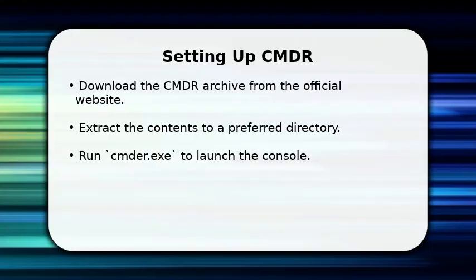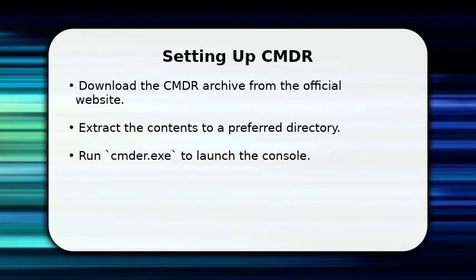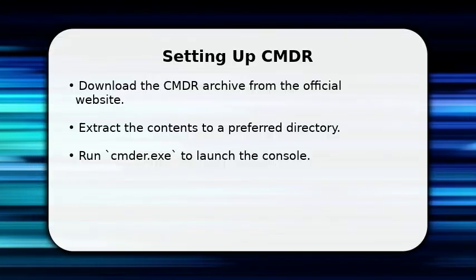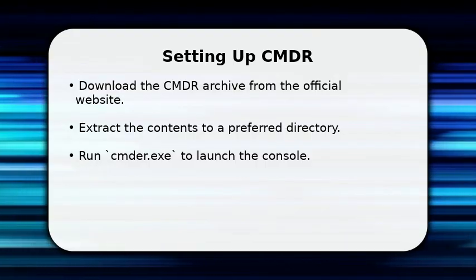Enjoy the video. In this video, I will explain how to set up CMDR. First, download the CMDR archive from its official source. Once downloaded, extract all the files to a directory of your choice, such as your Program Files folder or a dedicated Tools folder. Then, simply run CMDR.exe to launch the console for the first time and ensure it's working